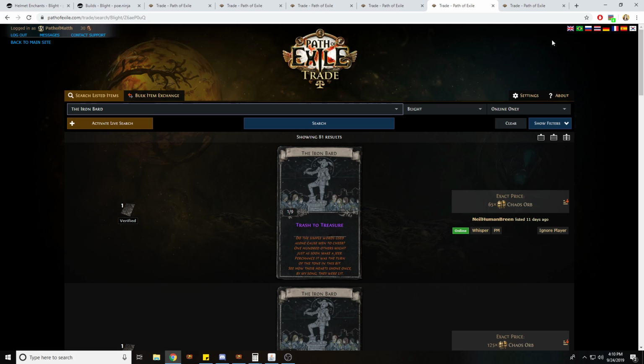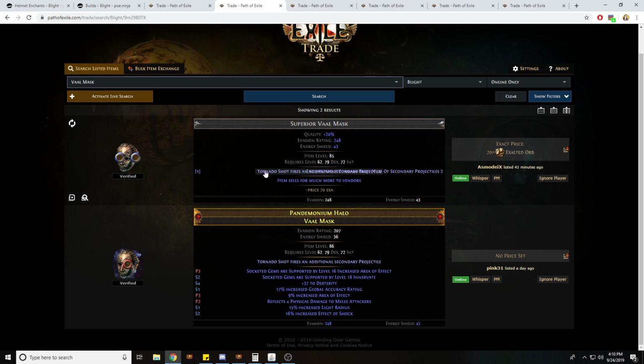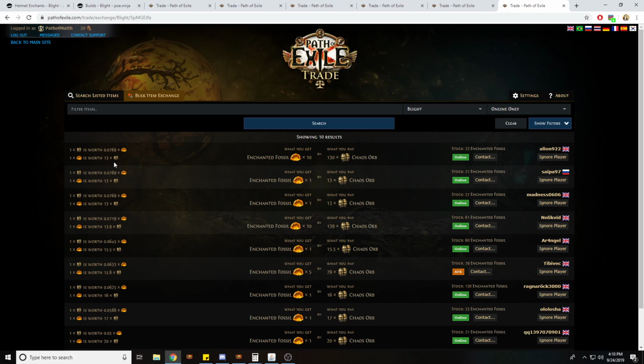Now there's another way you could go about this, and it's to actually, instead of buying the 70x helmet, the Vaal Mask with the Tornado Shot, you could just buy enchanted fossils. Here I'm looking for enchanted fossils in minimum stocks of 20, which means 20 minimum. And it seems like they're about 13 to 15, 17x or so. I did the math with 13 chaos each, which might be a little bit low, but the thing is, you can put buy orders for these, like 10 at a time, for 130C, and you'll have a fair bit of people coming over to you to sell them. So at 13C each,